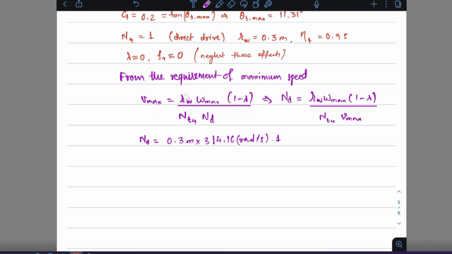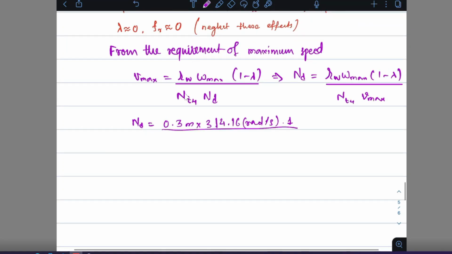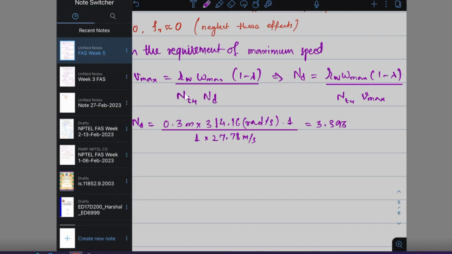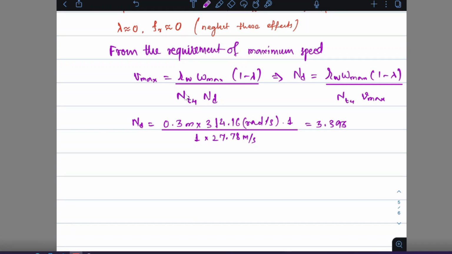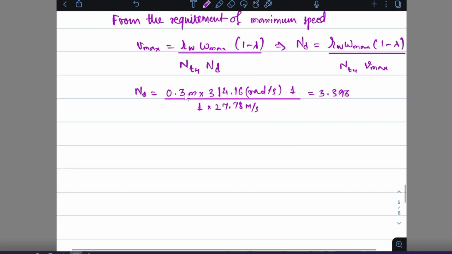So we are neglecting lambda, and we are saying that NT4 is 1 and Vmax is 27.78 meter per second. So this would result in an answer of 3.393. Okay. So this is the first information we are using. Then from the requirement of gradability,